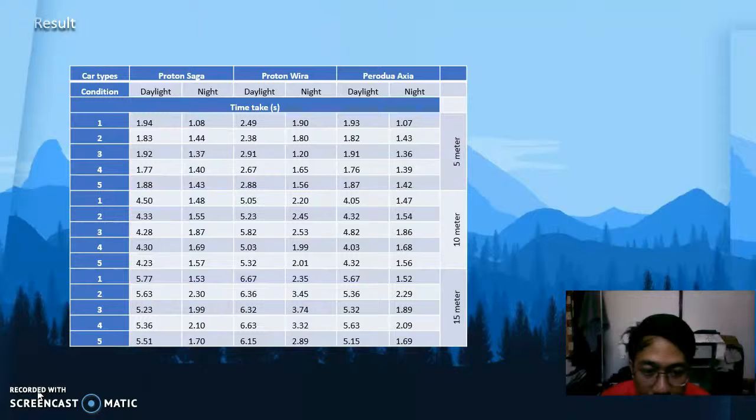And at 15 meters for daylight, Proton Saga took 5.77 seconds, while Proton Wira took 6.67 and Perodua Axia only took